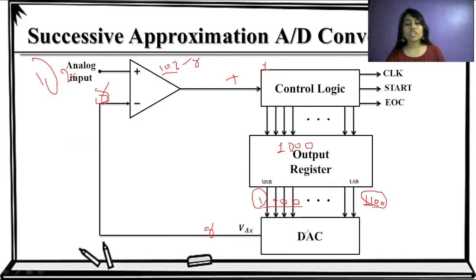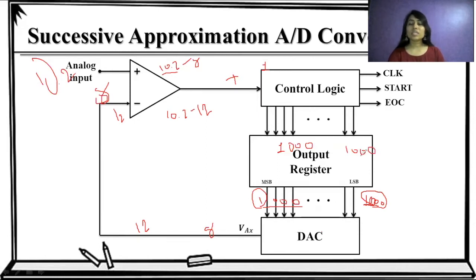That means the digital to analog converter gives an analog output of 12. So here we compare 10.2 minus 12, and we have a negative difference. This negative difference means 0. So this second bit must be reset for this lesser analog input. Again we have a bit pattern of 100.